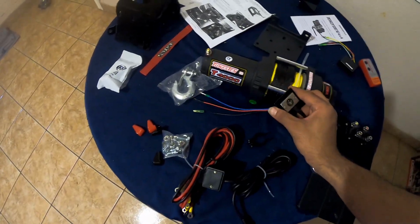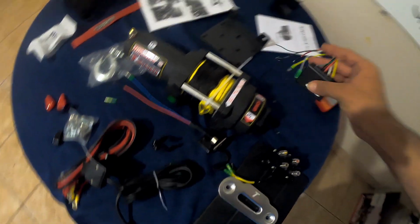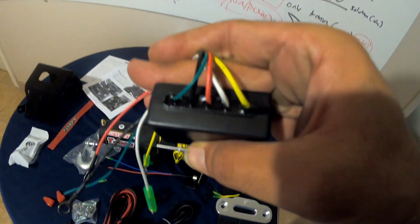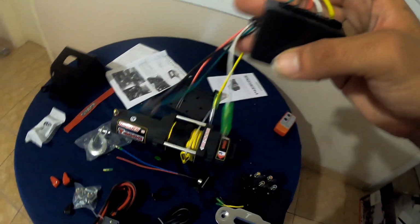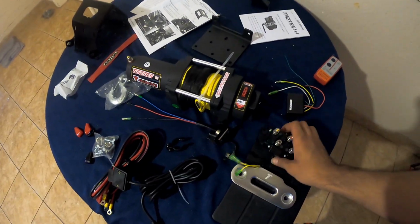And I guess this is the plug for that. We're gonna make sure we dielectric grease everything, but everything should be waterproof. I was taking a look at this here, and it looks like they did actually seal it there with silicone. So I'm gonna go ahead and trust that everything, including the solenoid, should be waterproof, but still I'm gonna